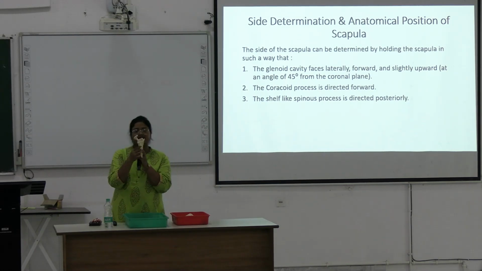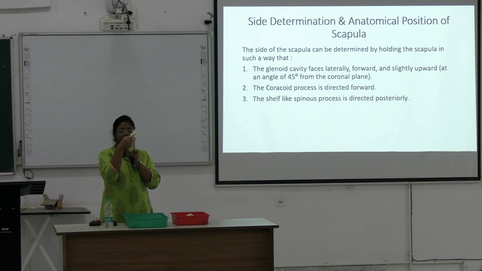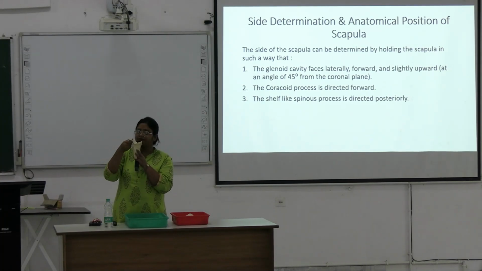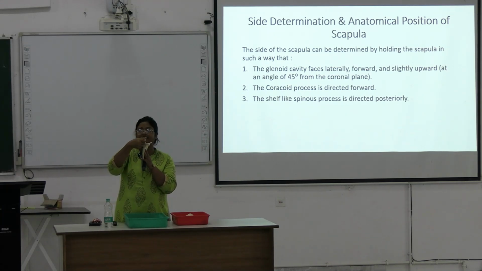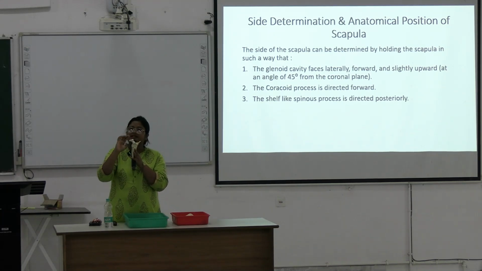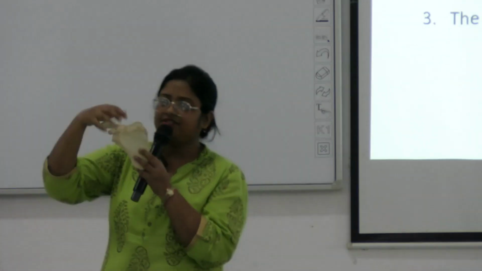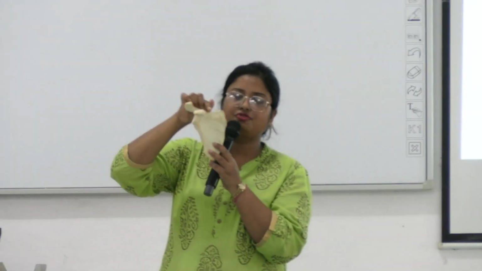And 3 processes you remember: this is the spine of the scapula attached to the dorsal surface of the scapula. This is the acromion process, which is a projecting part from the lateral end of this spine, okay. So this flat quadrangular shaped process is the acromion process, and this bent finger like process is the coracoid process. And at the junction of this coracoid process and the superior border, here is one notch.